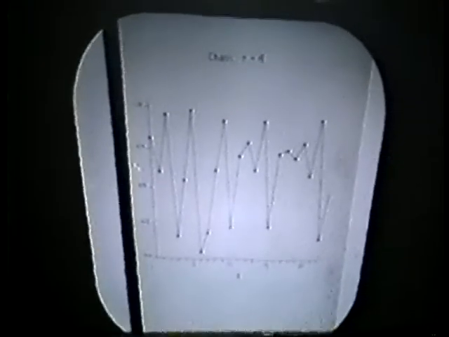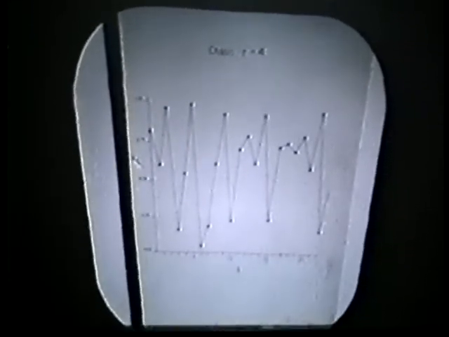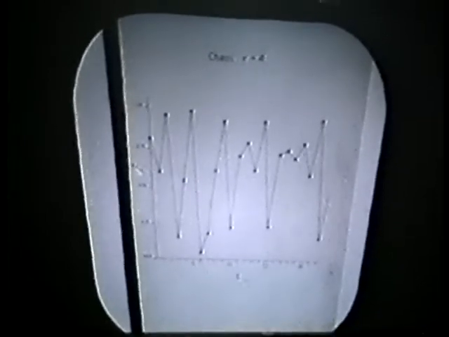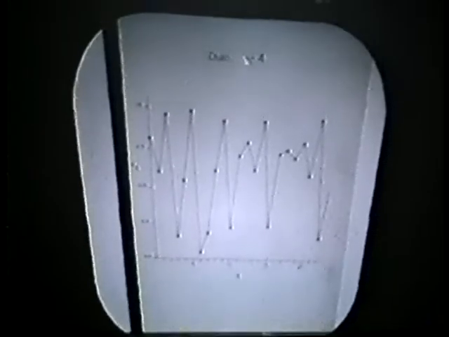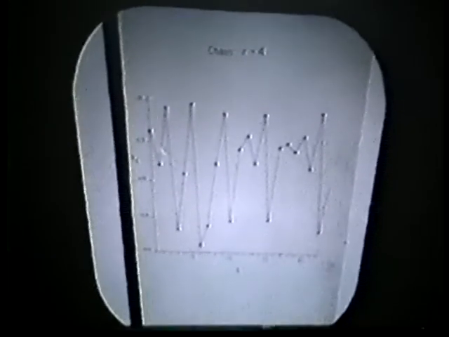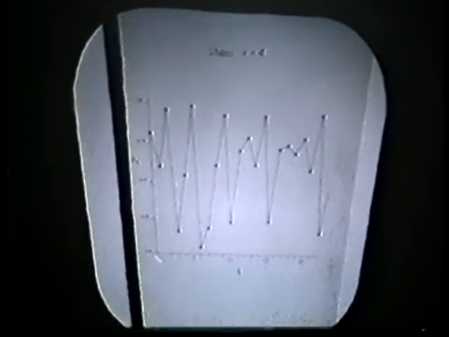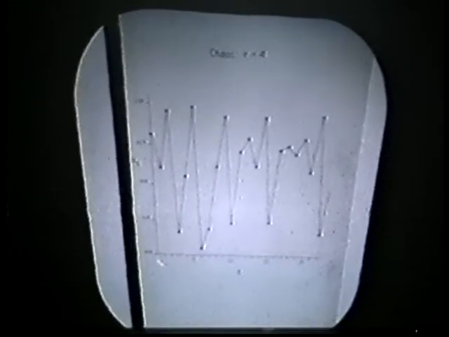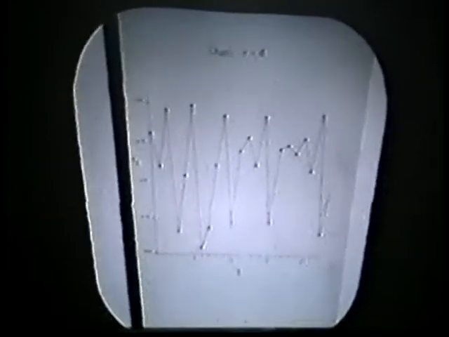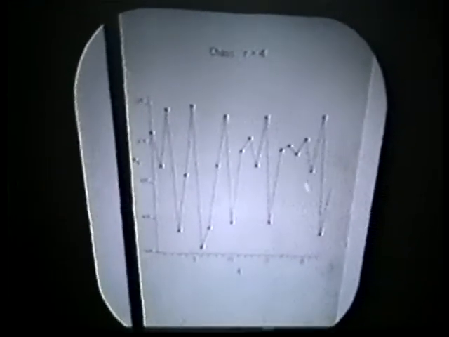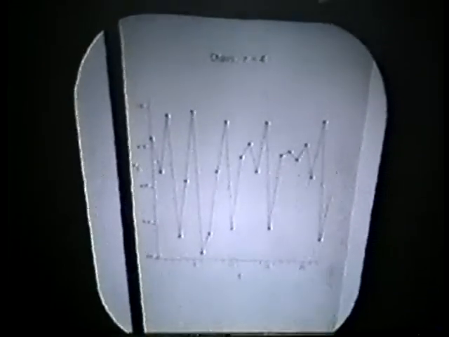Here is the population in year T, or rather population ratio, the number of insects on the island divided by the number on the island as a whole. I'm doing a case in which r equals 4. I happen to have chosen 0.77 as my starting point at year T equals 0. The population goes up and down in a way which doesn't look very easy to predict.